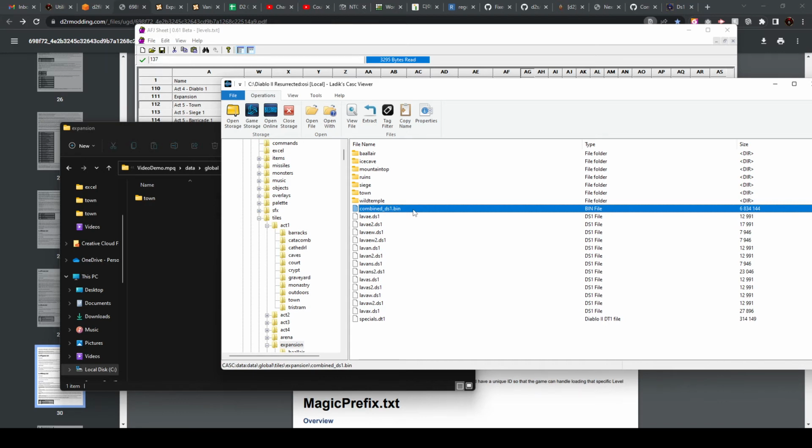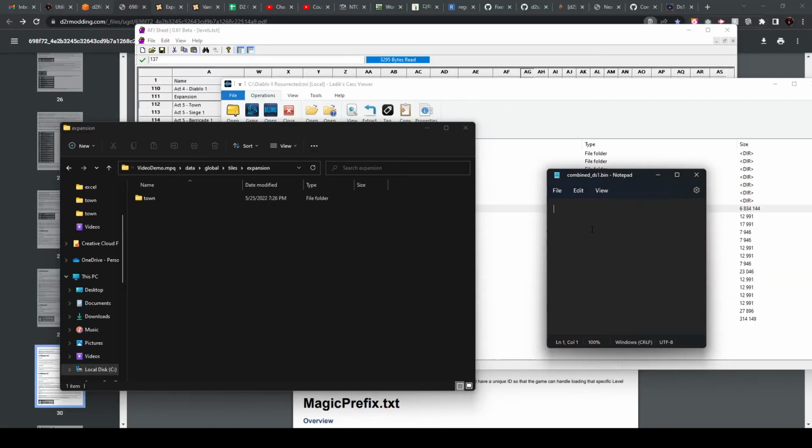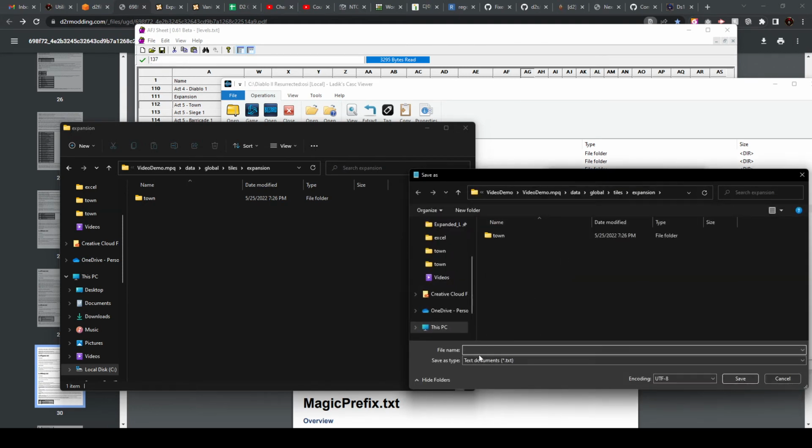This is some sort of backup for all the map files in Legacy. So as long as this file is present, the game will ignore any changes you made to the map and pull from this backup instead. So all we need to do to get around that is we're going to open up Notepad. We're going to make sure it's completely blank, and then we're going to go ahead and save this. And we're going to come down here to the Save as Type dropdown. We're going to select all files instead, and we are going to save it as